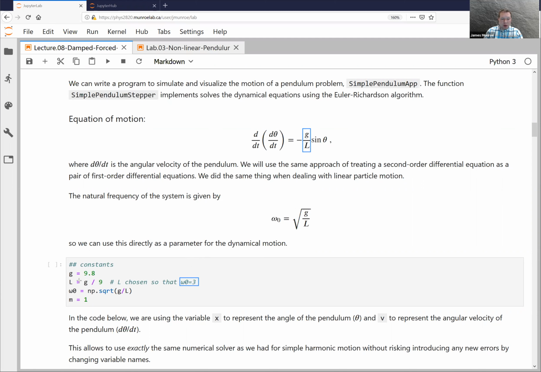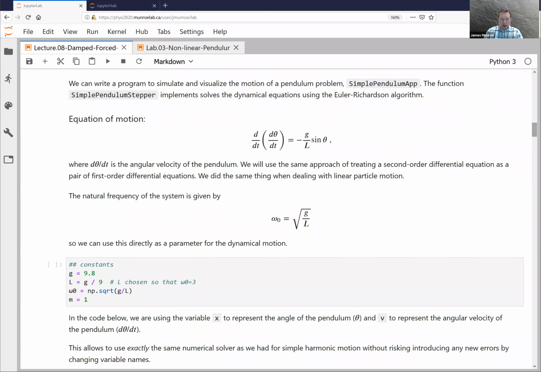Well, 3 squared on the bottom divided by g, basically rearranging this formula, I'm able to solve this for the L that is needed to give me a natural frequency of omega naught equals 3. We probably won't need the mass anywhere, but just in case we do, the mass of the pendulum does not appear to be important, but I'll just give it a hard-coded constant in case we ever need to bring in that variable somewhere else. Okay, what I'm going to do is use the same code we did last time,